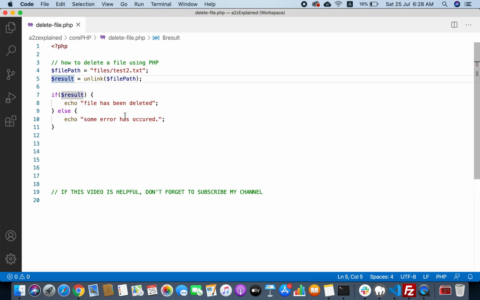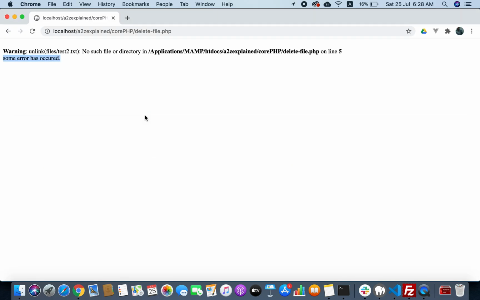So it came to this and displayed the error message. But there is a problem. PHP has displayed a warning by itself, and this is very bad, that PHP errors are being displayed on our website. We don't want to show this message to end clients.